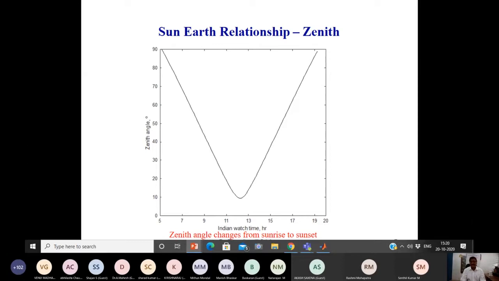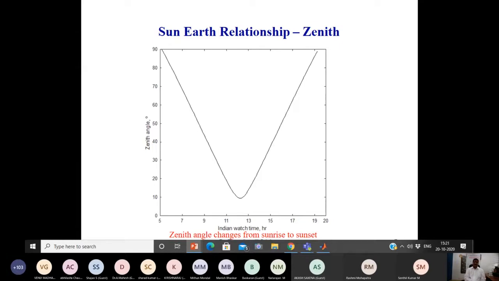Let us take the horizontal ground. On the horizontal ground, how does the sun move, let us say from sunrise to sunset, east to west? So it is making some angle. Let us say early morning it is making an angle of 90 degrees. Again it is making an angle of 90 degrees at sunset, that is evening time. The angle is very minimum, close to 0, at noon time, because at noon time you can see the sun is falling almost exactly overhead.